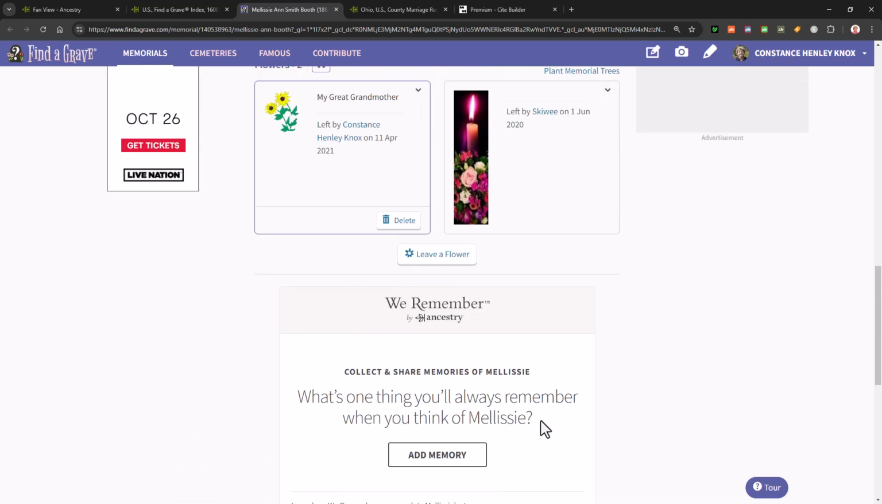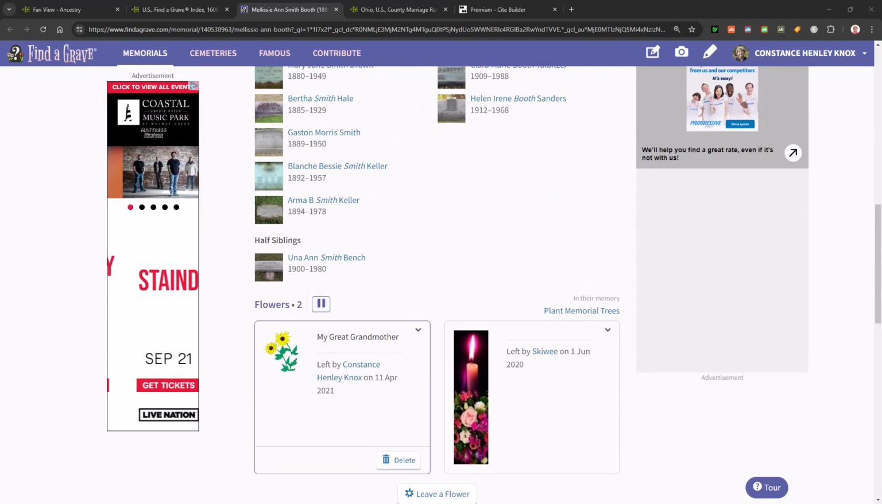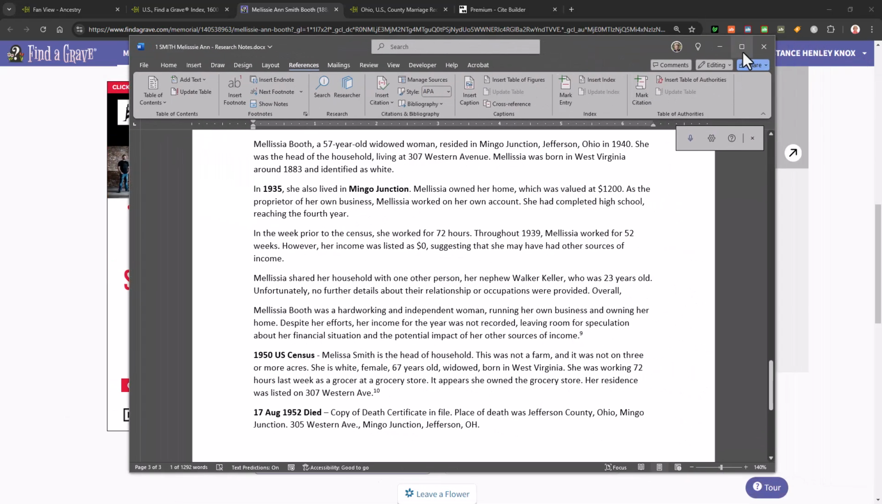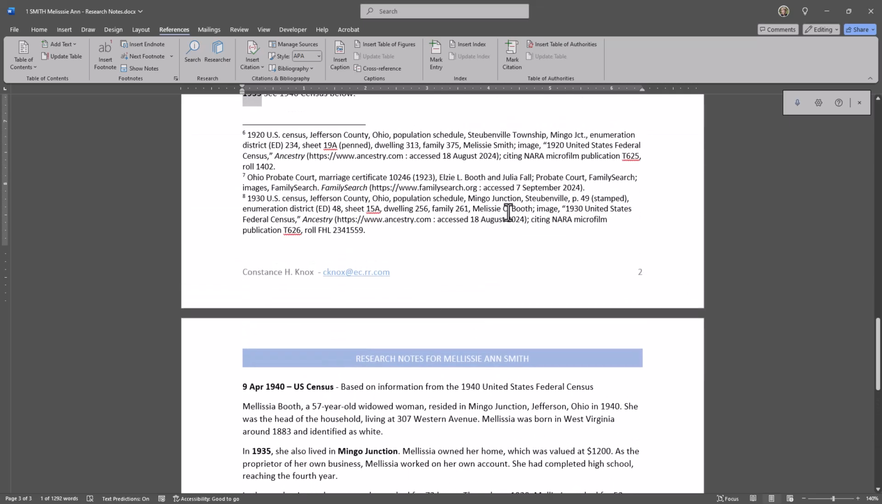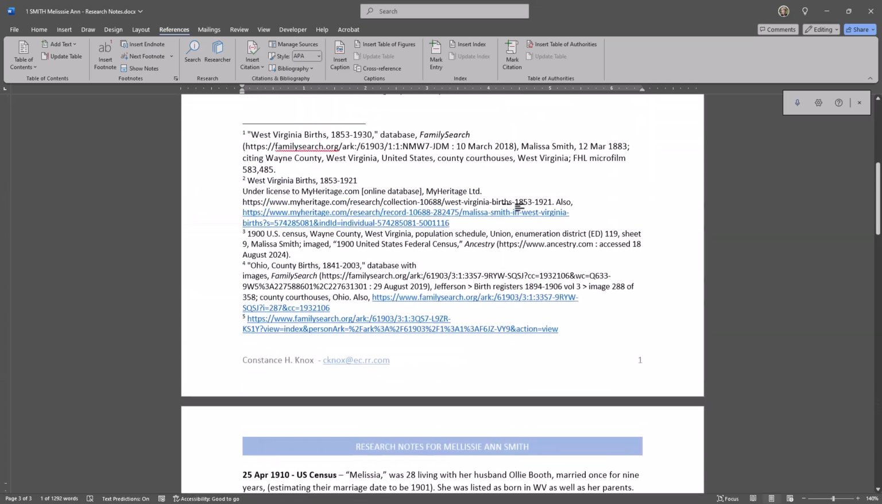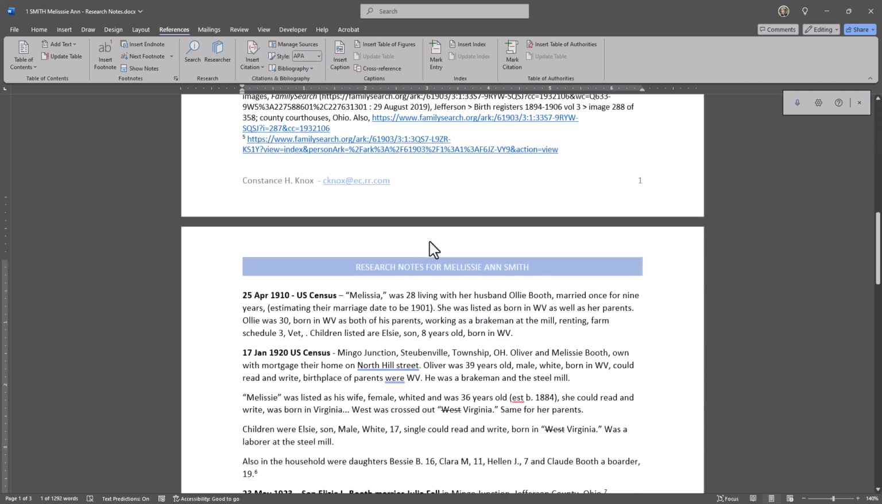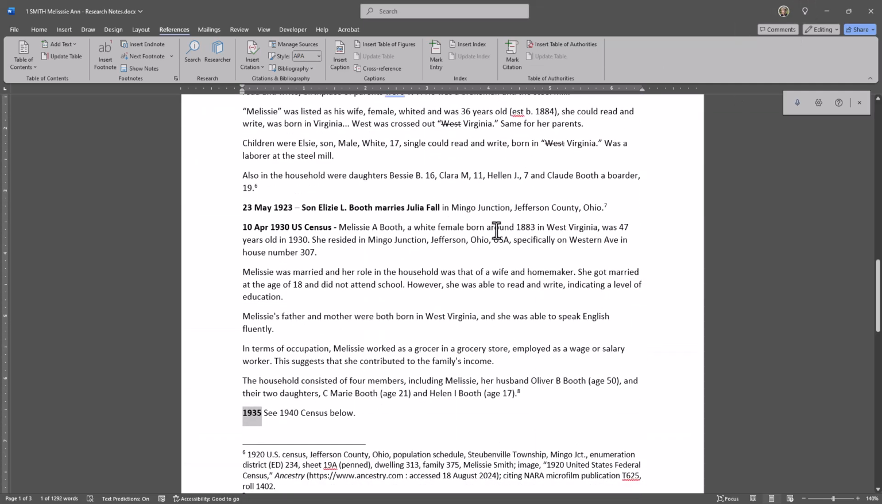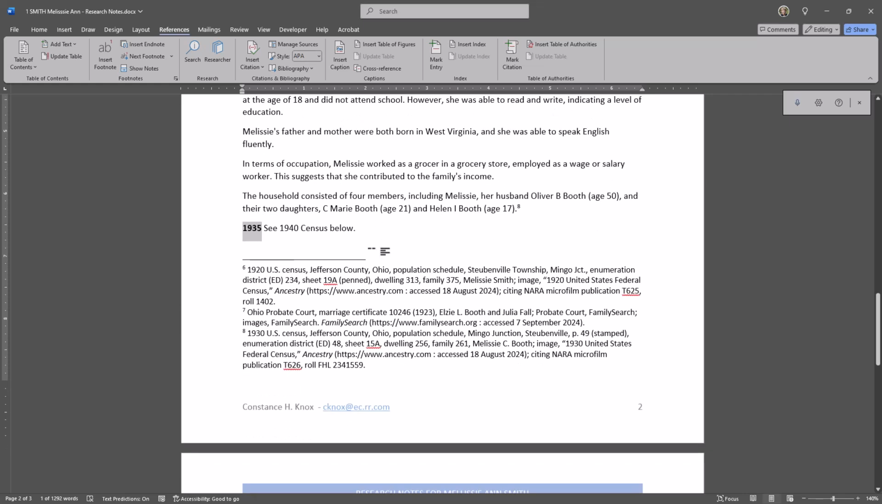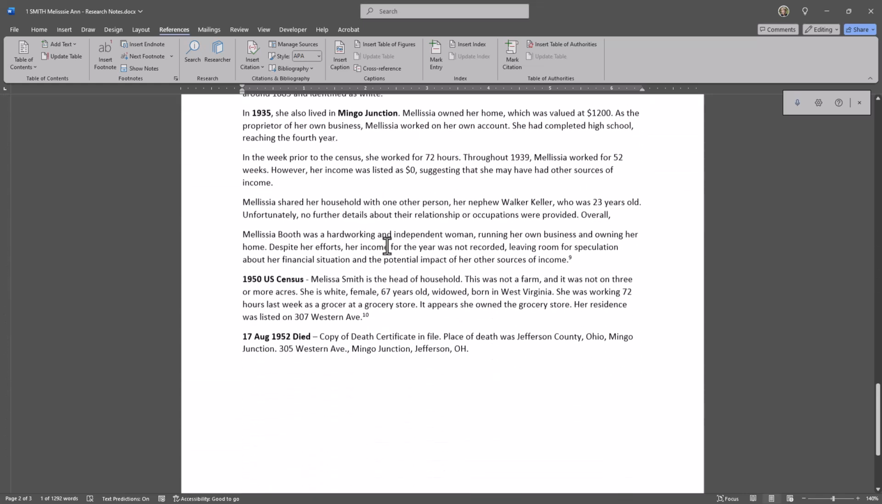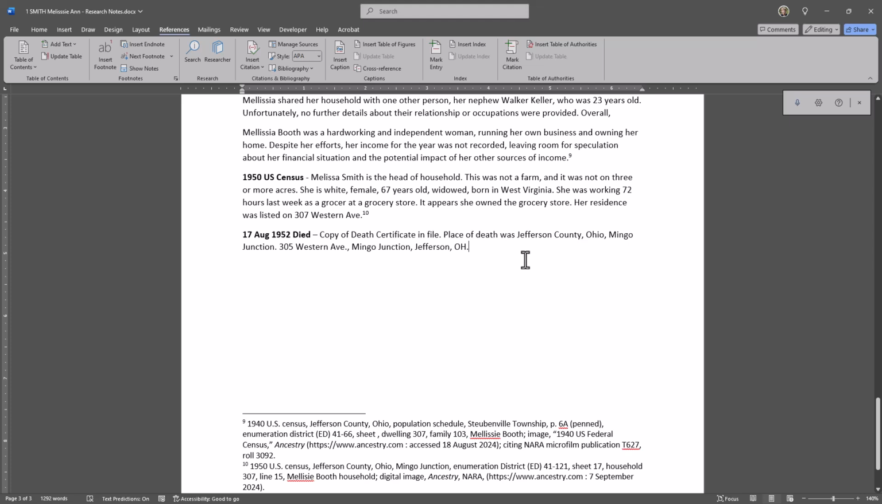And so one of the things you always want to do is copy that ID first of all, and then add it to your research notes. So you could put it at the top. This is where I typically put Ancestry and FamilySearch ID. I typically don't do that because when I go to add this information into my research notes down here at the bottom,